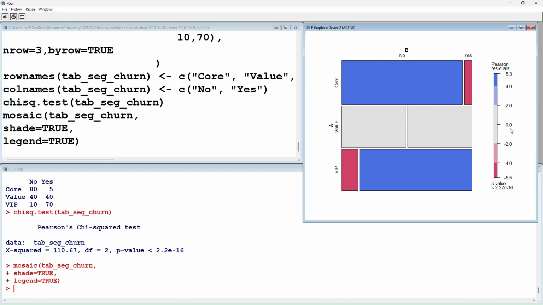You will see that when a value is gray, that indicates there is not much association with respect to value between churn and not churn. Whether somebody will churn or not churn does not depend on the value, as you will see, but it does depend on the core segment and the VIP segment, as you are seeing in this example. So the more red it is, the smaller the proportion; when it is blue, the proportion will be bigger, as you are seeing here. The residuals,